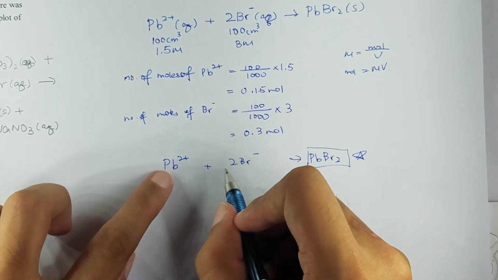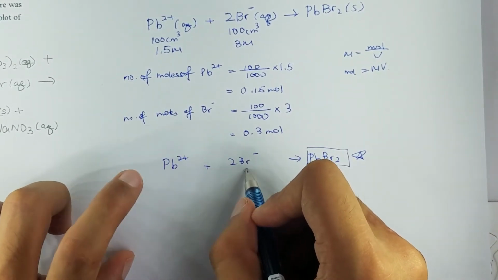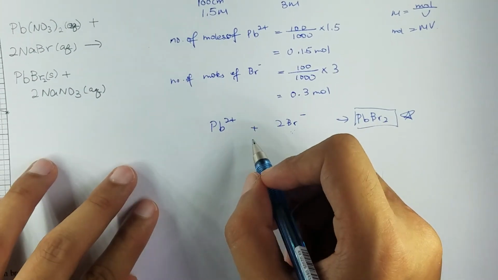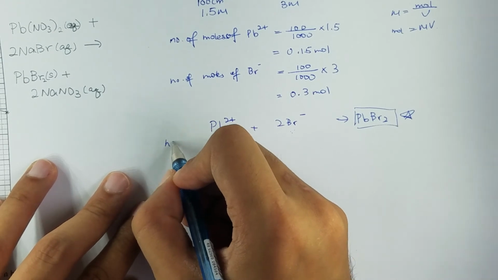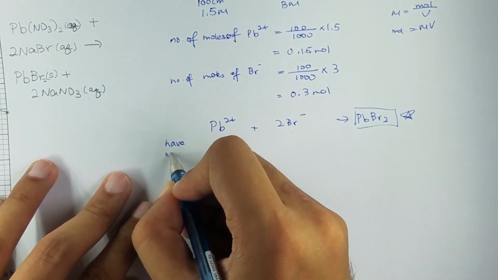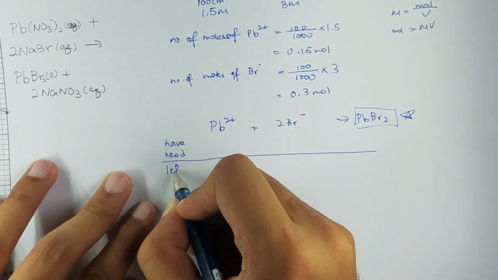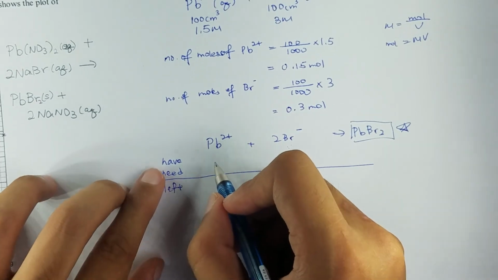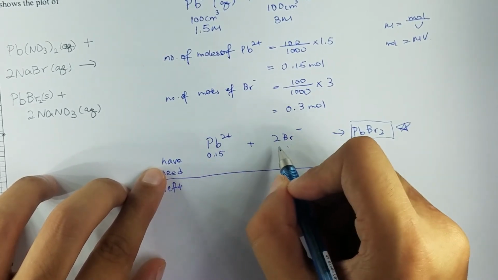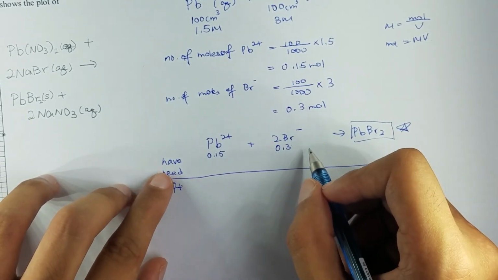But now we have a problem: we have to choose which mole to use, Pb or Br. So let's have a look. For limiting reactant, we always use these 3 steps: we have, we need, and then left. How much is left? How much do we have? We have 0.15 mole of lead, 0.3 mole of bromide. So as I said,